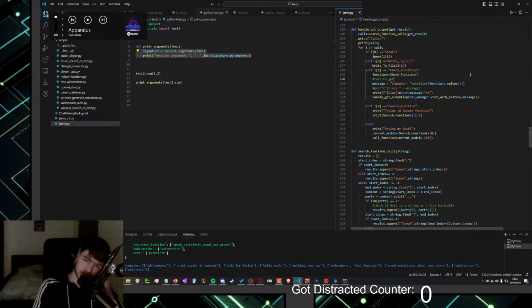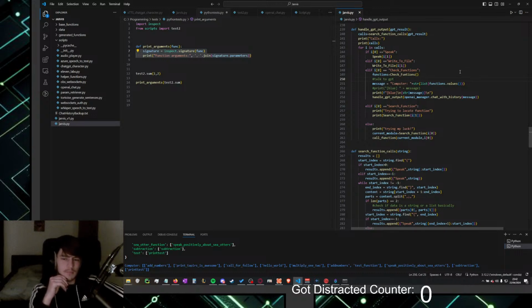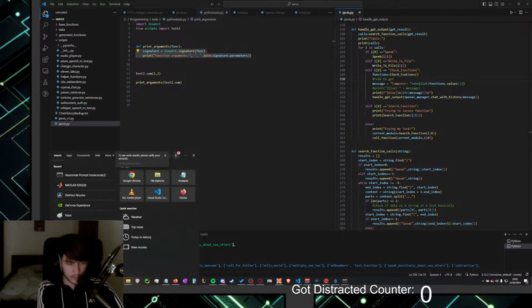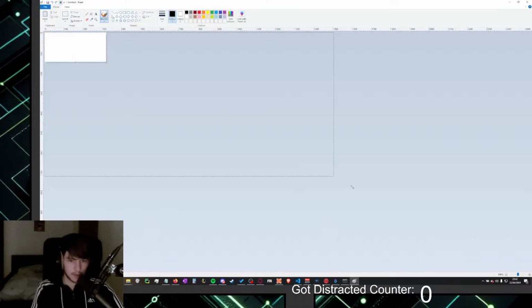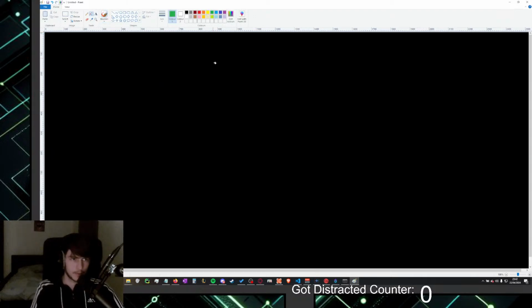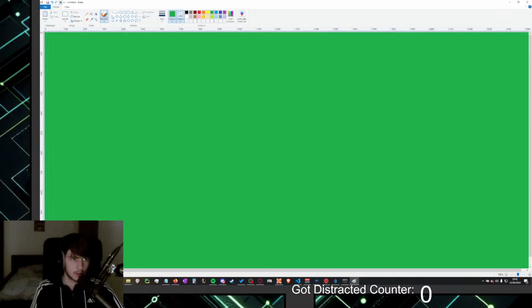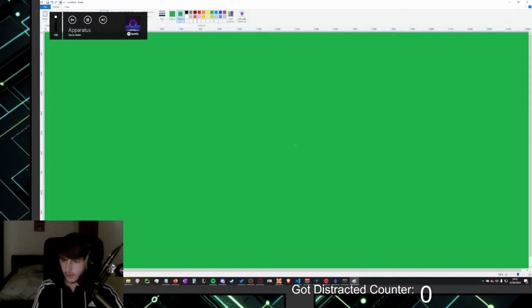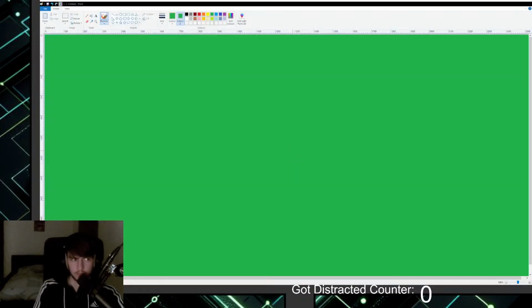And then for the... just append to the function name. Okay, wait. Oh, wait, I don't even have Paint open. I just realized. My bad. I'm sorry for the flashbang. Let's do it as always. Set the secondary color. And wait, was it this one? Oh, right. This always opens some weird help function.